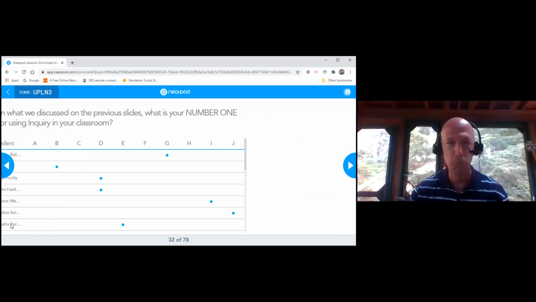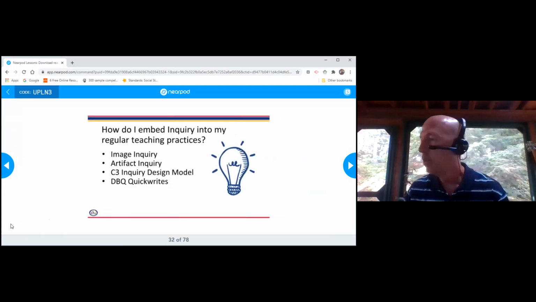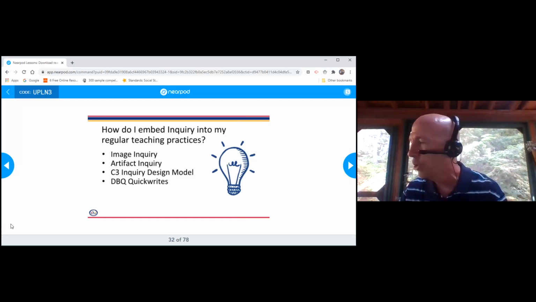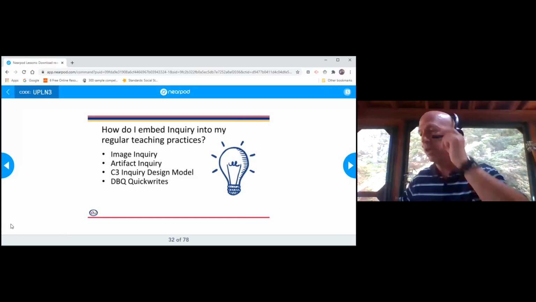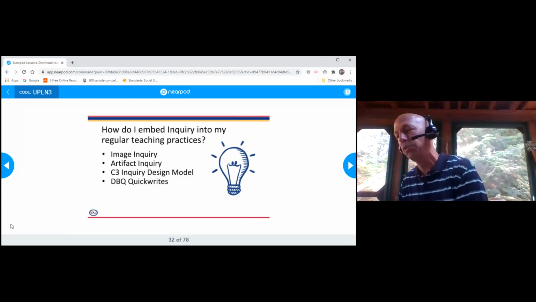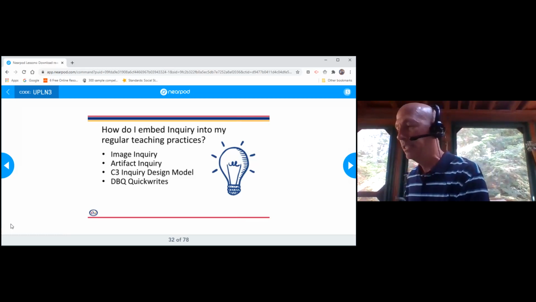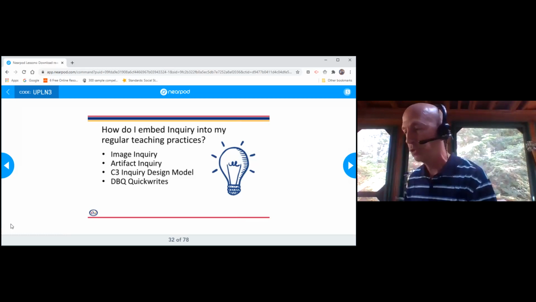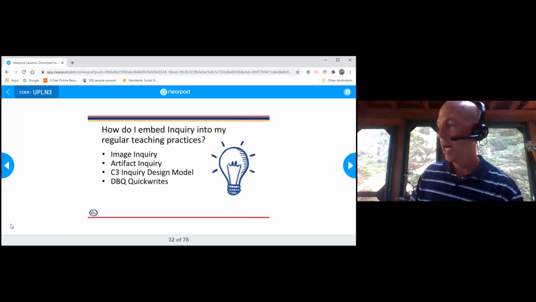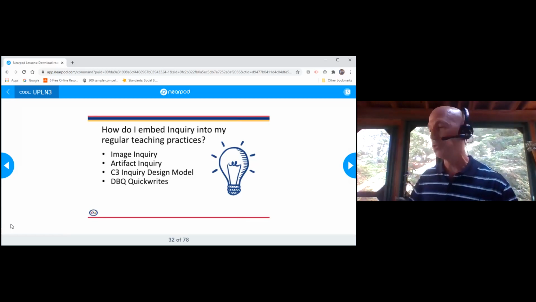Okay, let's move on. So now my part here. We're going to take a look at a couple different inquiry practices. Inquiry-based instruction is a student-centered approach where the instructor guides the students through question posing, methods design, and data interpretation by the students. And through inquiry, students actively discover information to support their investigations. And this can be done using any of these practices that we're going to go over.